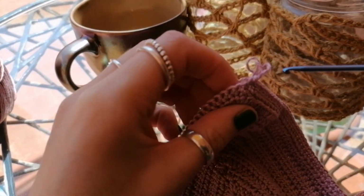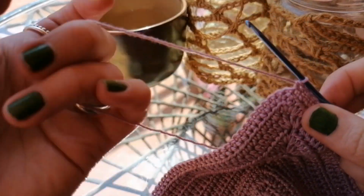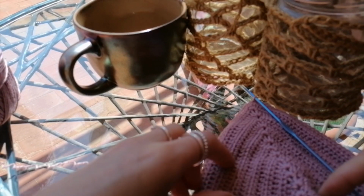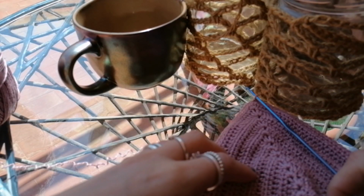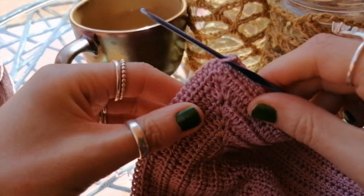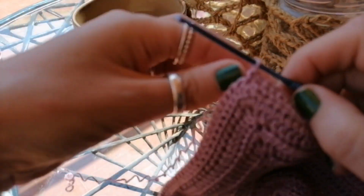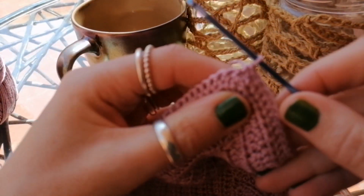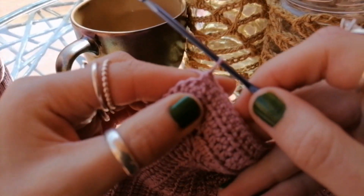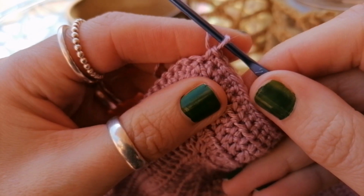So anyway, I have put my single crochets in all the way up the side. However, when I did the straps and experimented with putting the cups in and finishing everything, it didn't look right the way I had it with the straps up the top here. So instead of doing that, now that we're at the top, and I've put in my 47 single crochets up the side,